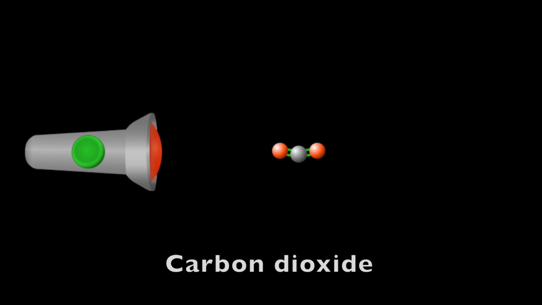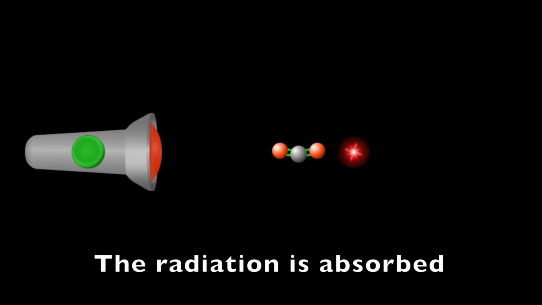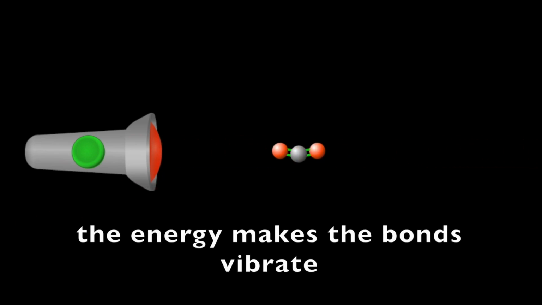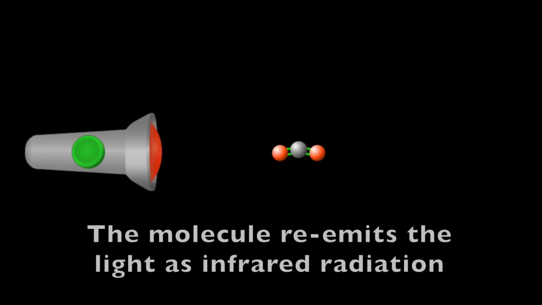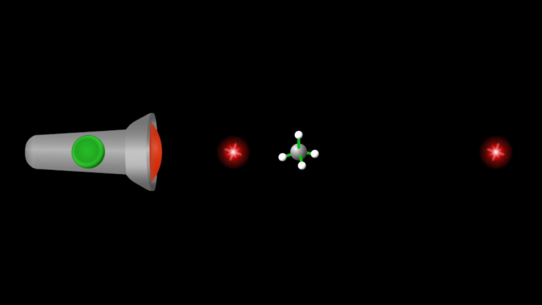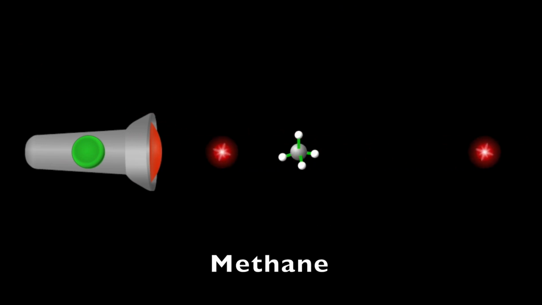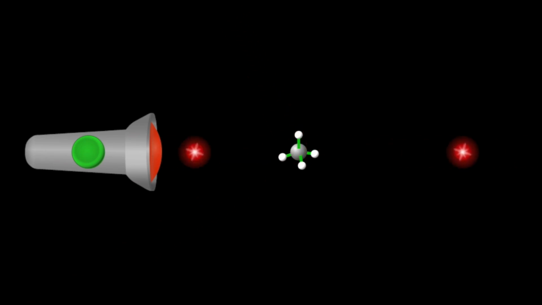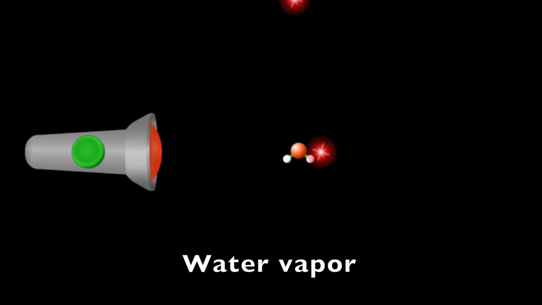However, let's look at carbon dioxide. When the carbon dioxide molecule is bombarded with infrared radiation, the radiation is absorbed, and the energy makes the bonds in the molecule vibrate. Eventually, the molecule re-emits the light as infrared radiation. Notice how the light is scattered in random directions. We see the same phenomenon when we bombard methane with infrared radiation, and when we bombard water vapor with infrared